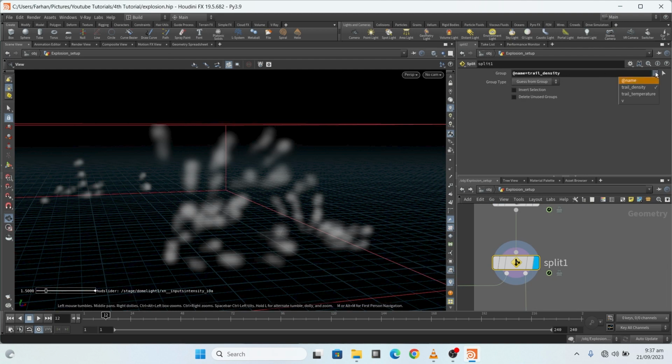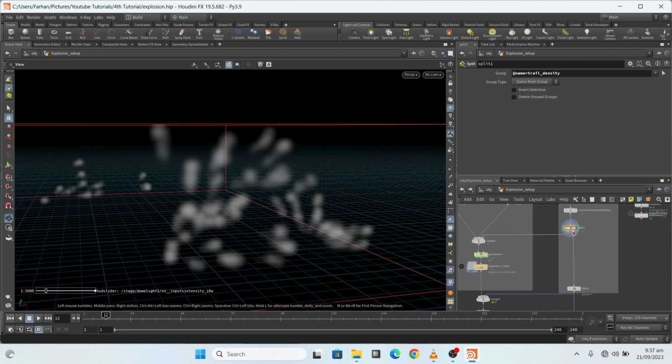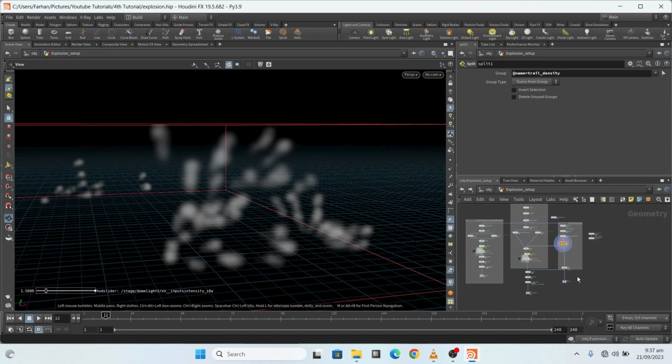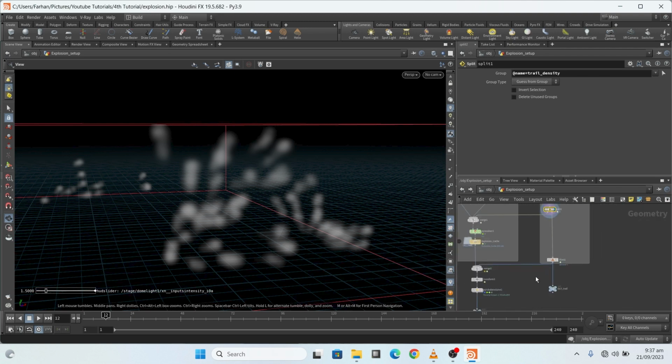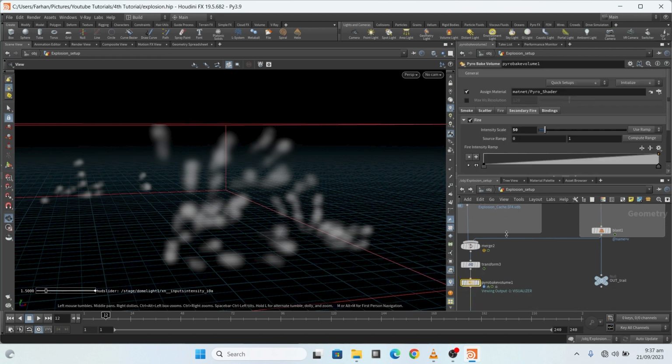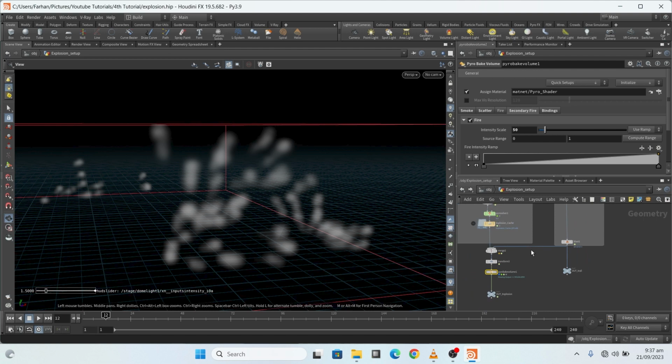Okay, by checking this, because I need density in the solver, but I don't need temperature in the solver, because we can add glow or emission using our pyro bake volume by adding a secondary fire. Okay,